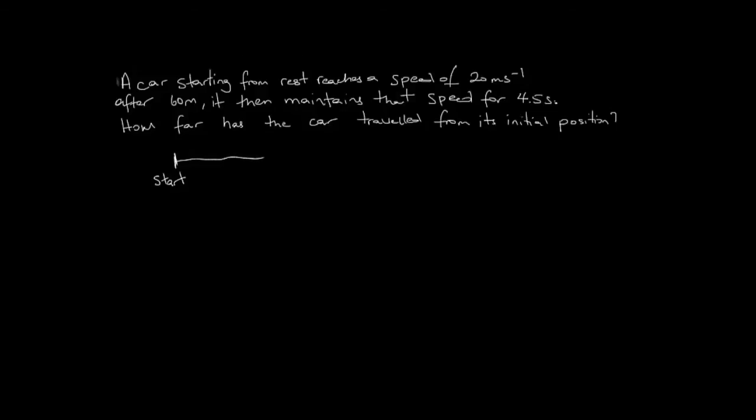Well, we know the distance to be 60 meters, so it travels to this point 60 meters in some time t, and after the first 60 meters it is at 20 meters per second. The car then travels a further distance while maintaining that 20 meters per second speed in